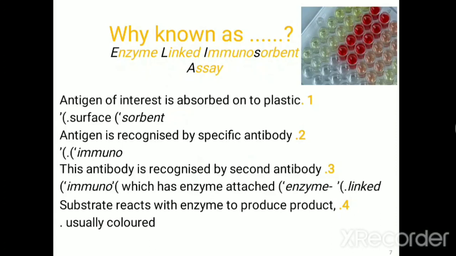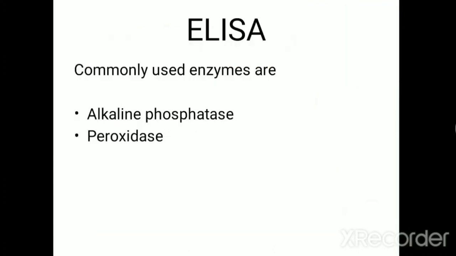And ELISA also uses a second antibody, that is known as labeled antibody or enzyme labeled antibody. And the fourth requirement is the color forming substrate. So the first antibody reacts with the antigen and produces immune complex, and the second antibody or the enzyme labeled antibody also binds to the same antigen, and we have to add a color forming substrate. So whenever there is a formation of immune complex, this color forming substrate produces a specific color, and we are mainly using these enzymes: one is alkaline phosphatase and the other is peroxidase.